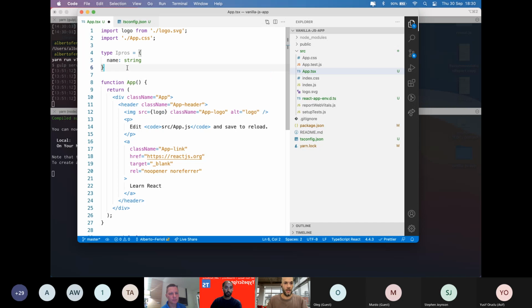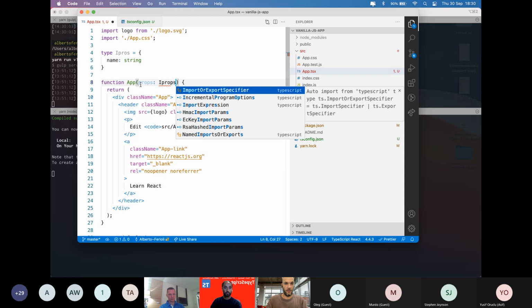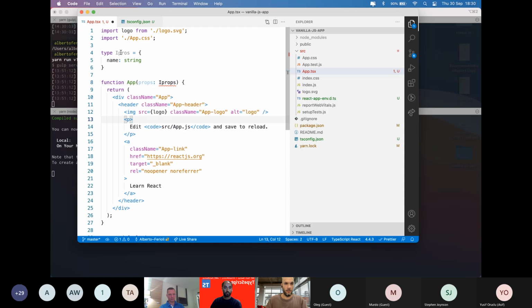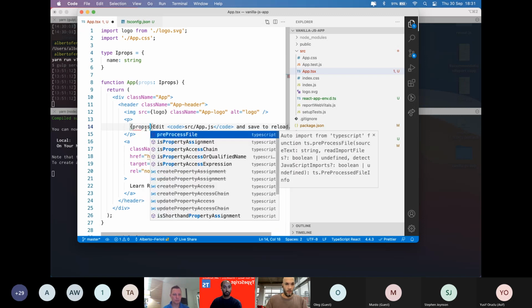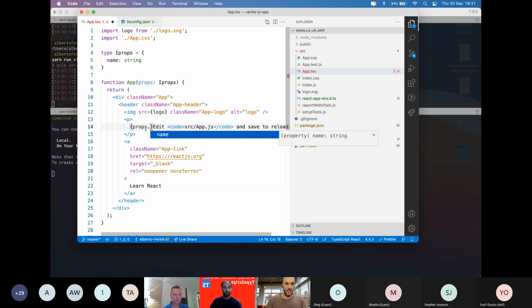In fact, we can pass them in the component, props, and there's a typo here, props. Cool. And then if we want to use it, we can see our IDE recognizes it and we can use it straight away.